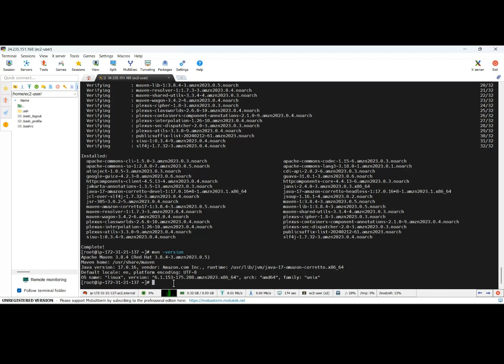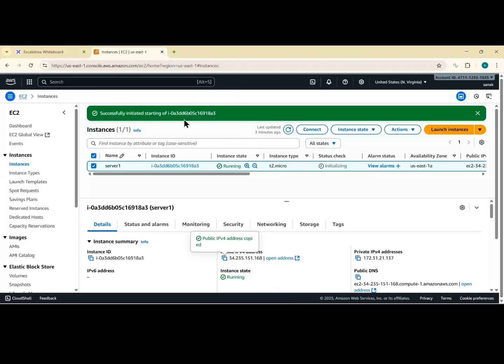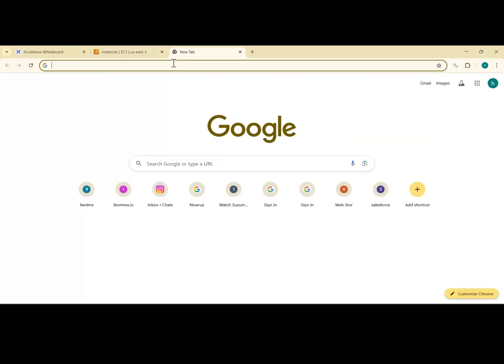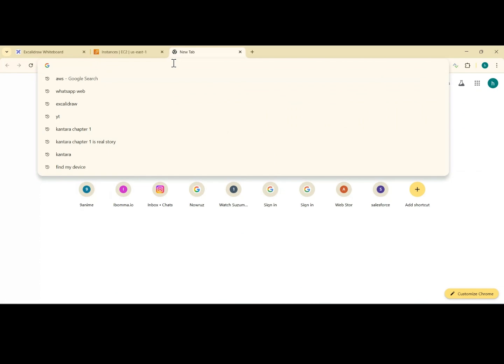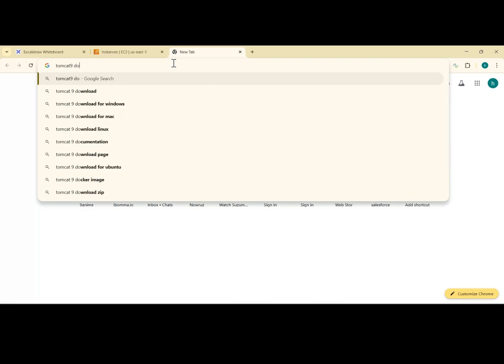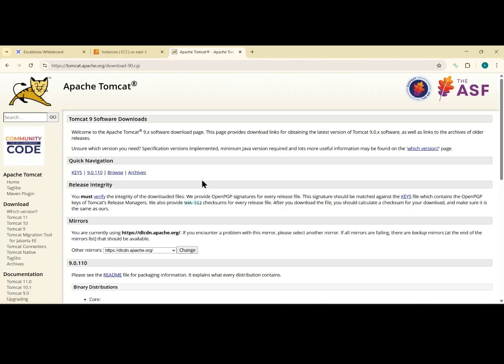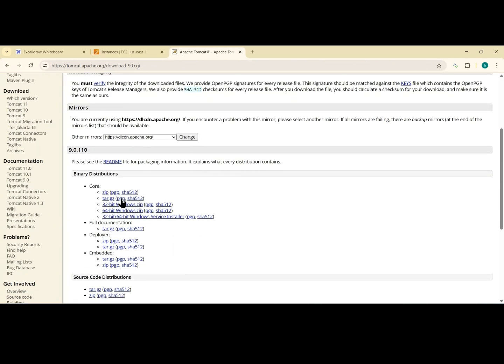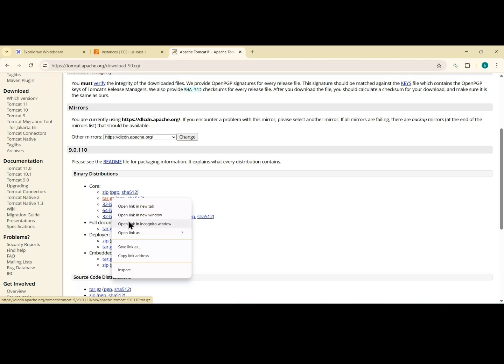Tomcat installation. First, I will explain the steps we are doing. First, you need to go to the browser and copy the link which is a zip file, and you will take the zip file here and unzip the file. I will show you in brief. Here you need to search Tomcat 9 download. In this you need to select the tar file. Copy the link